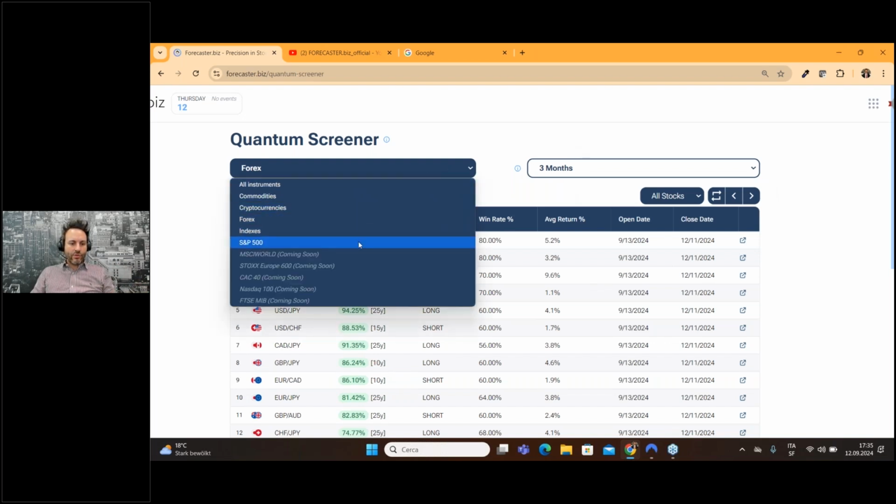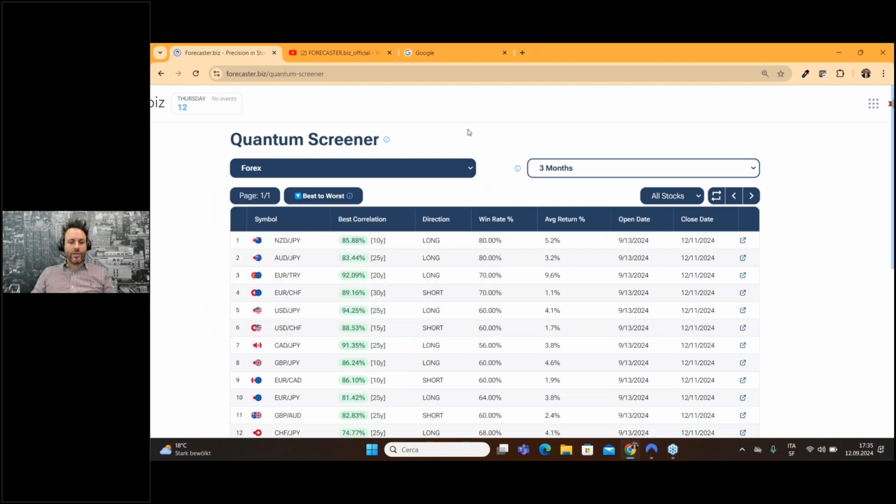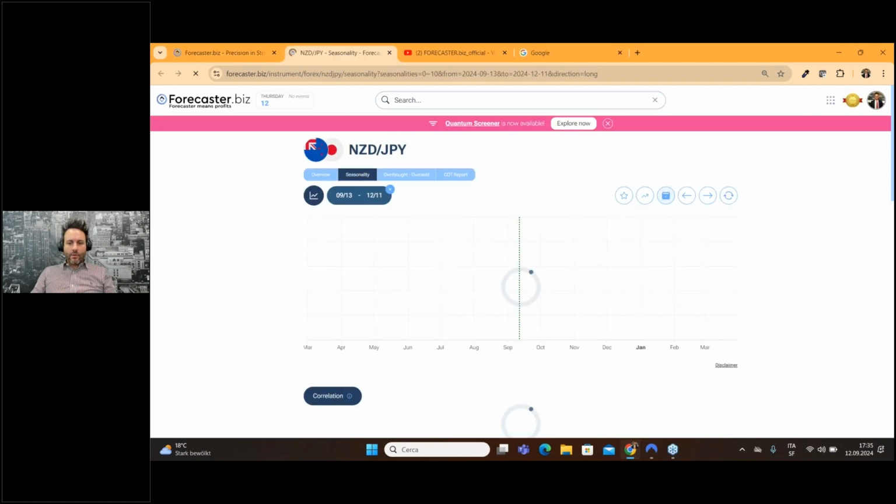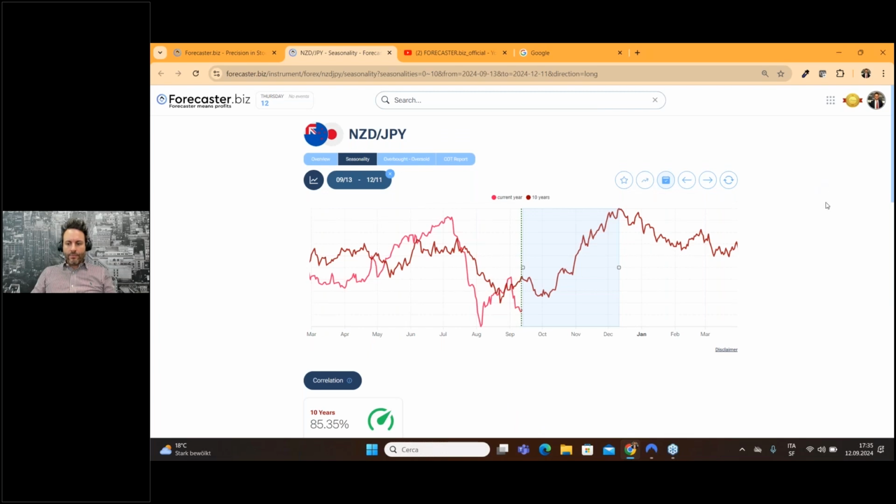Of course, you can also choose the asset class you would like to search in. But let's start with the FX. So let's open, for example, this trade, and what we can do now